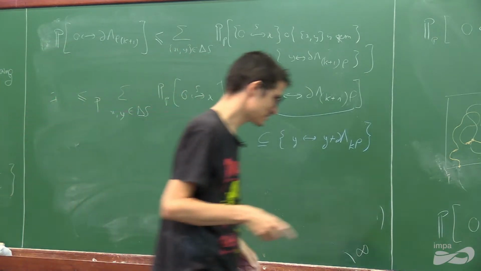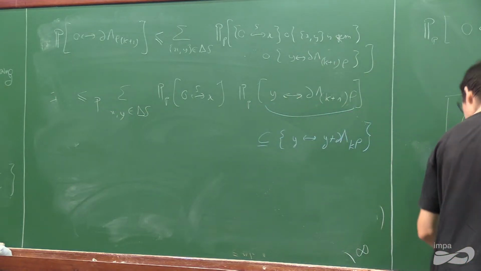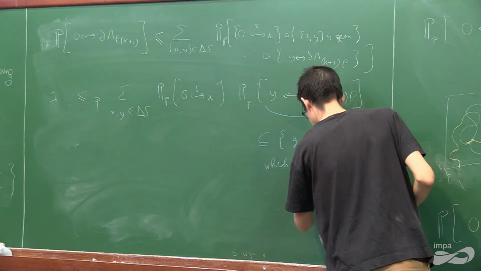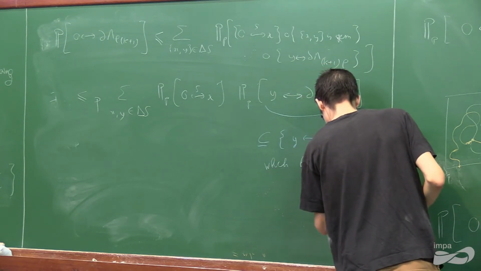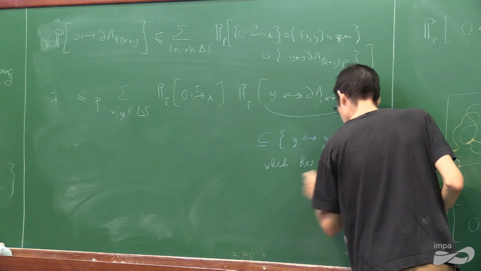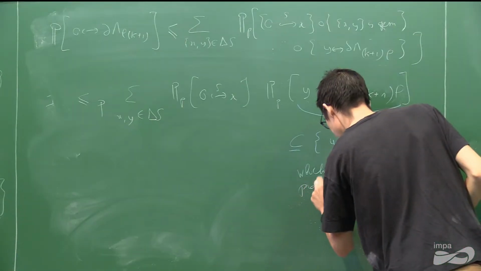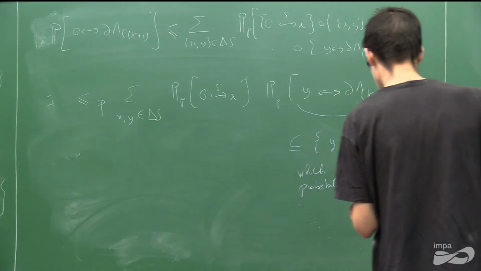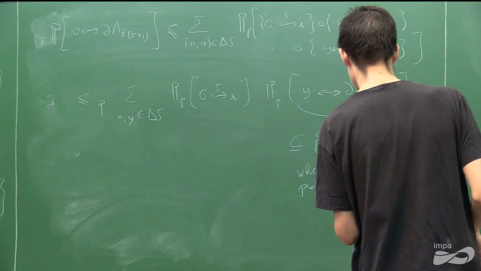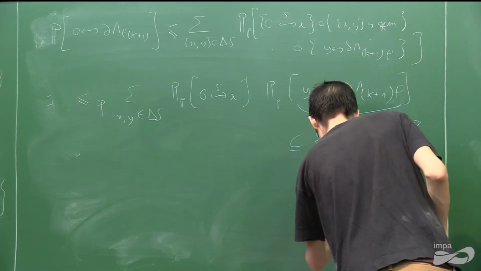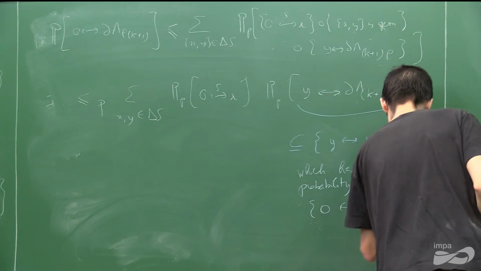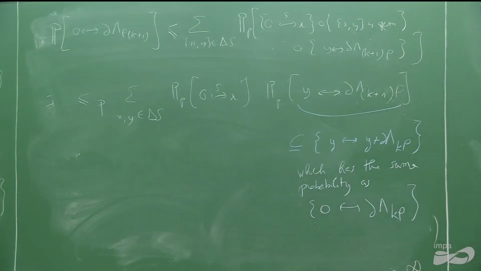Now by translation invariance, this has the same probability as 0 is connected to